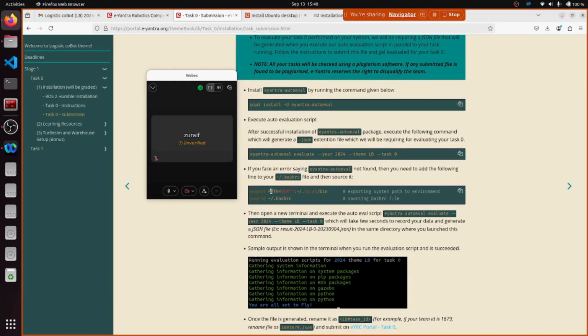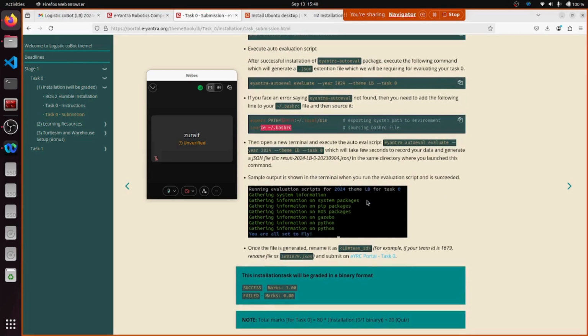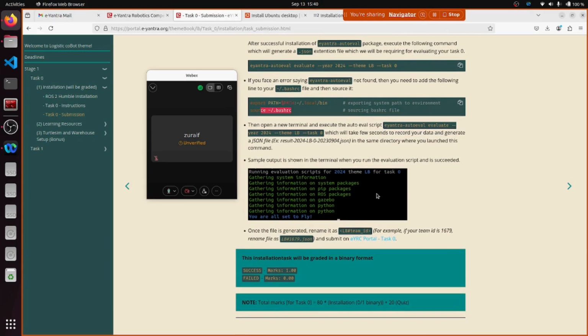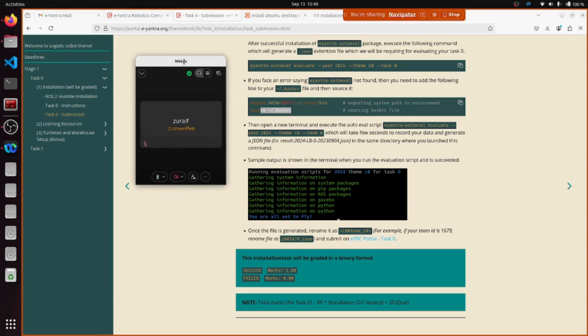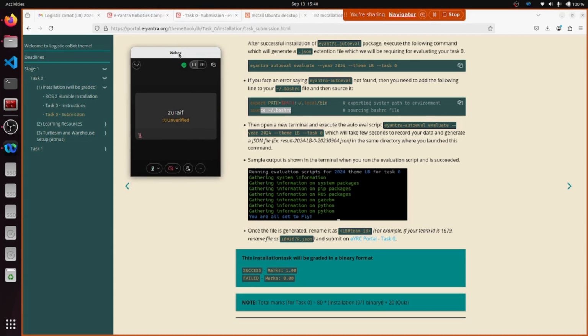Again, similarly, we added the path for the eYRC auto eval package to the bashrc. And finally, you will see something like this on the black window once you execute this given command. Okay, so this task was basically to set up everything so you get familiar with the ROS environment and how you are supposed to be going ahead. That's the only reason behind evaluating this task: to verify yourself that your system is working properly and is within the given constraints